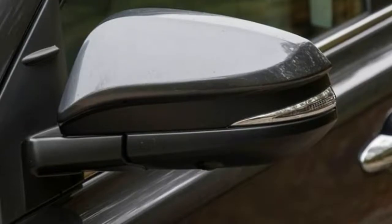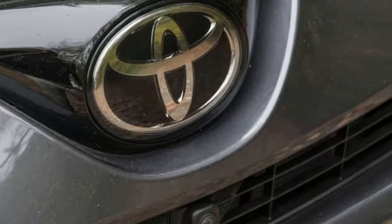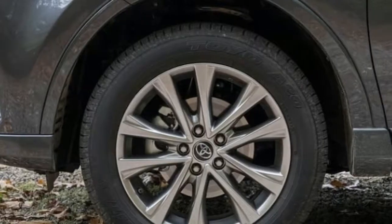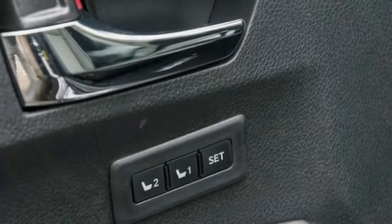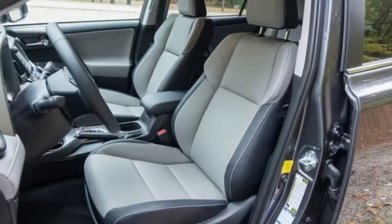Additionally, as it did in the 90s, the RAV4 competes head-on with the Honda CR-V, albeit a lot of new entrants have popped up in the intervening years, including the Ford Escape, Kia Sportage, Hyundai Tucson, and Mazda CX-5. With just average performance and generally plain styling, the current RAV4 isn't a champion among its competitive set. Still, the RAV4's reputation for practicality, comfort, and reliability means it's giving the CR-V a run